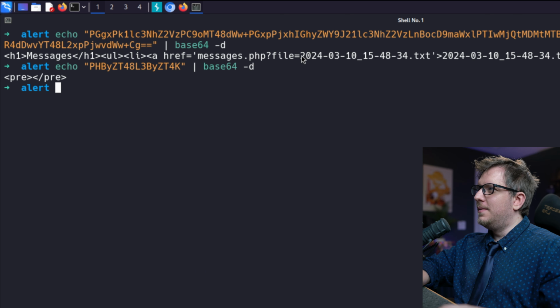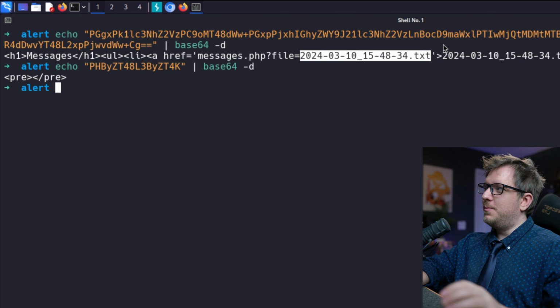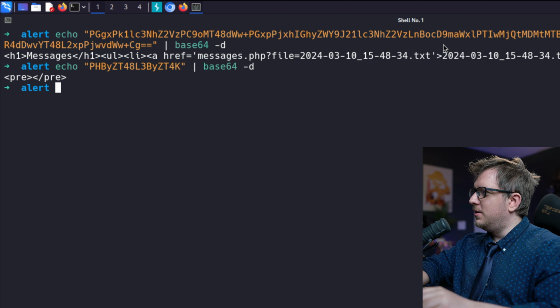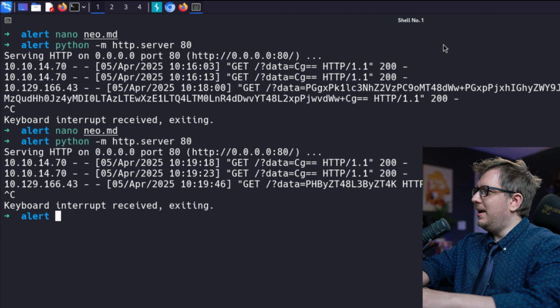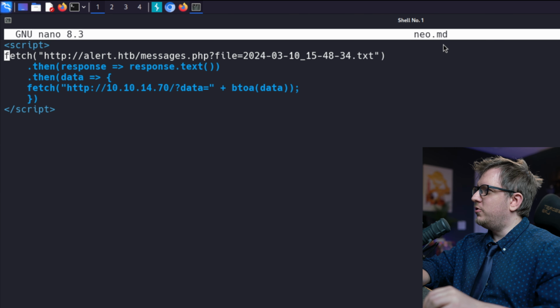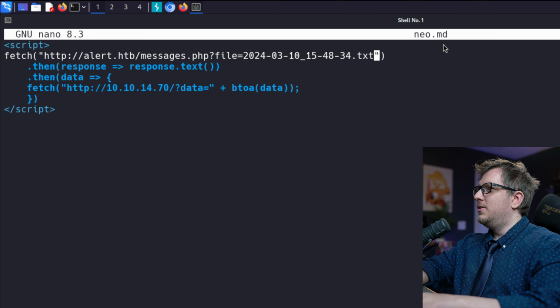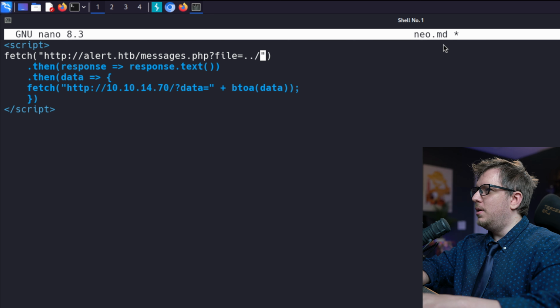So maybe instead of this file name, maybe we could do something else. So let's go back and go back into our initial one here. We know this file isn't working out for us. So maybe we need to do some type of LFI. So I'm thinking,